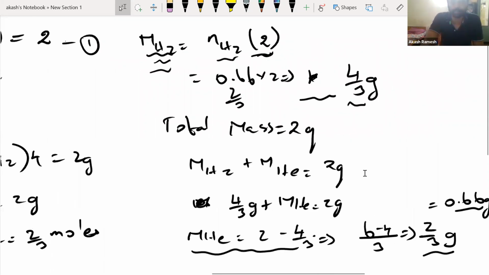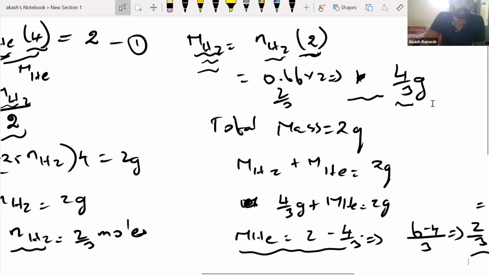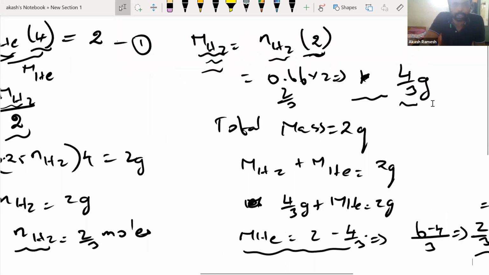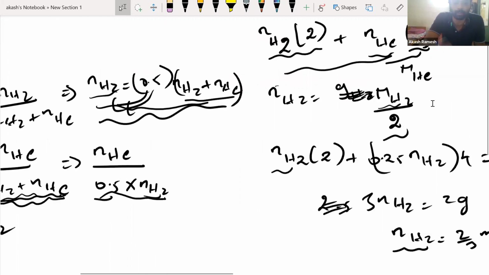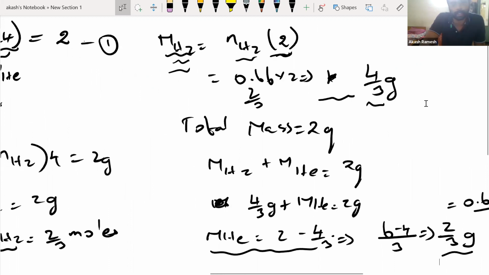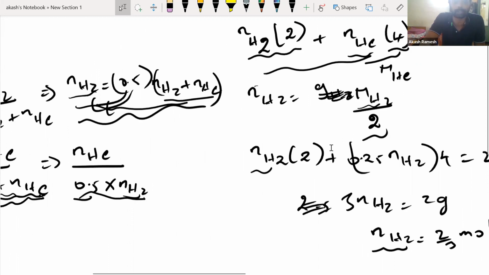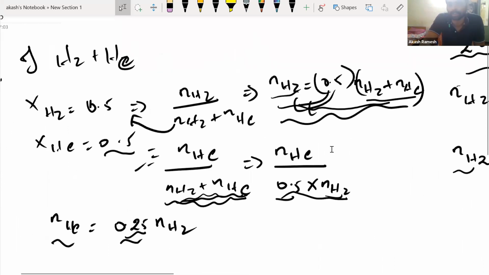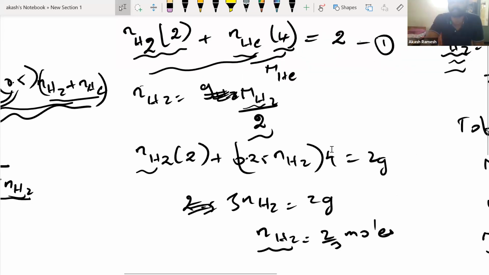Okay, guys, everybody understood? Is there any problem anybody faces? If you have a simpler method of doing it, please go for it. If I had prepared this question beforehand, maybe I would have come up with a shorter method, but since I'm solving it just like that, this is a little bigger method. But again, there's nothing big and small. It's all about small things, like normal equations, how you solve them. Instead of X and Y and Z, I have number of moles and mass. That's the only difference.